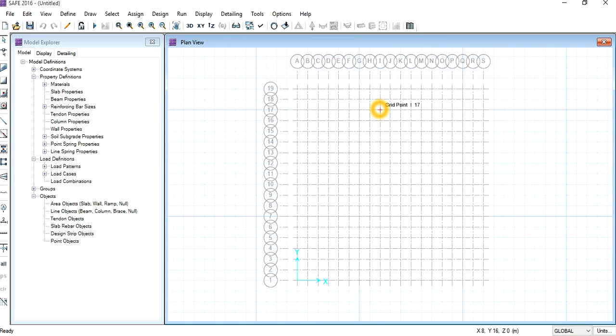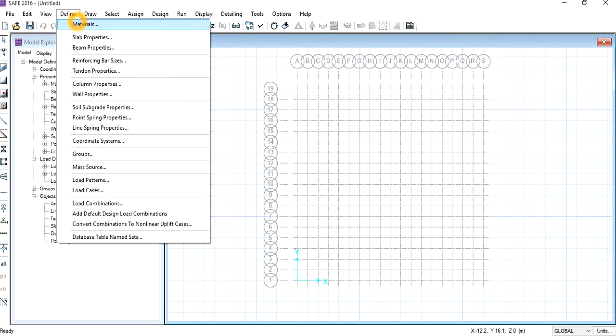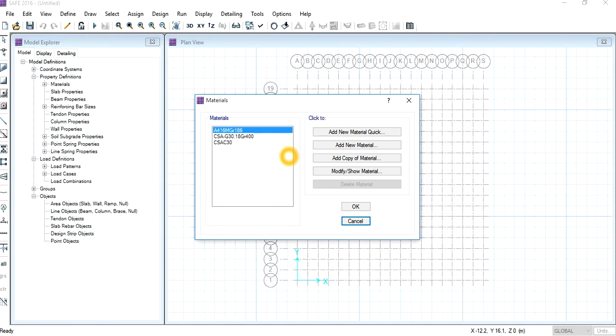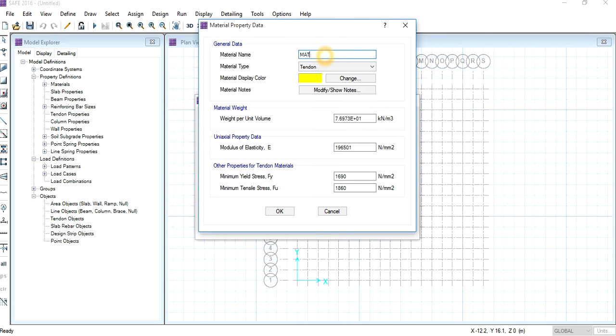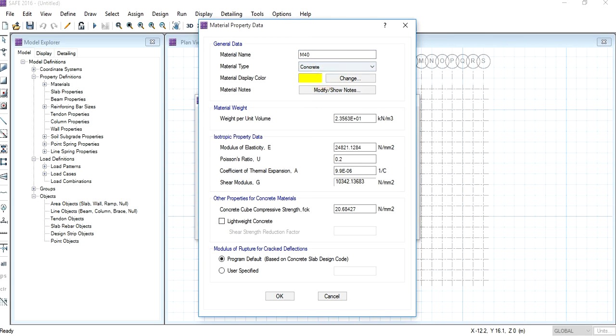So now we are going to define the slab materials. Go to the Define tab, click on Materials, click on Add New Material, give the name as M40, select the material type as concrete.